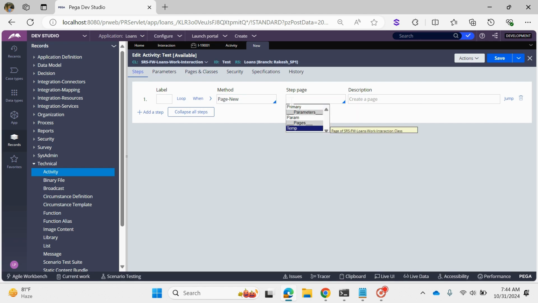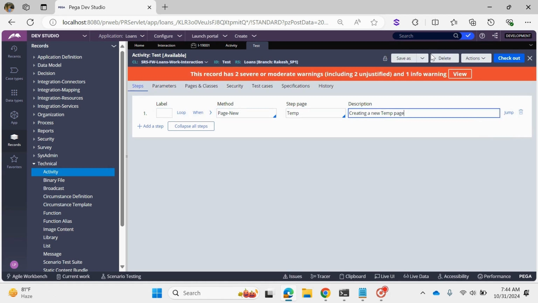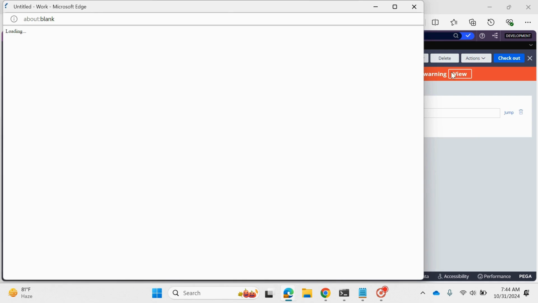drag and drop option, you can see the primary, that means the main class, or the temporary page which you created just now. Once you select this one, you need to give a description of why you are creating it. So, creating a new temp page. If you save this, automatically, once you run from here, just ignore this error message. I'm just running here. Once you click on run,